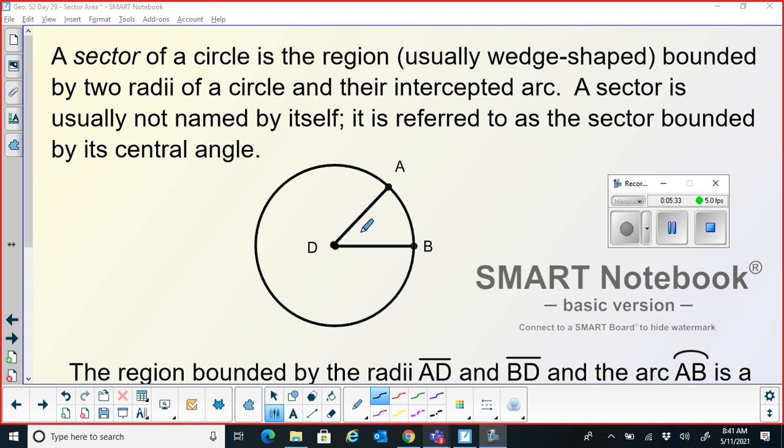If this angle is some angle called theta, then the sector corresponding to this particular central angle is nothing but this whole portion. It is the area that is bounded by the two radii made by this particular central angle and the arc to which that central angle corresponds. So this is whole of your sector. In case you are noting down the definition, I'll give you 30 seconds, then we will move on to see how to get this sector area.